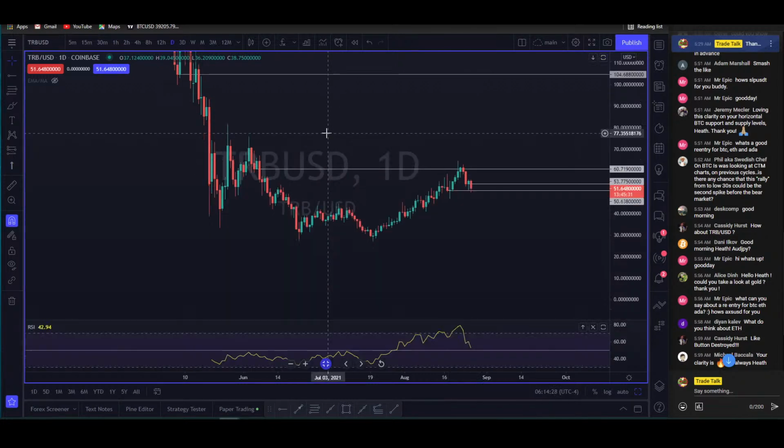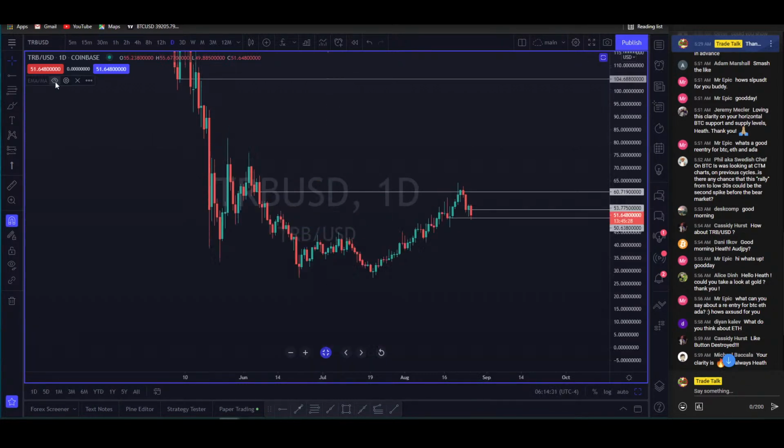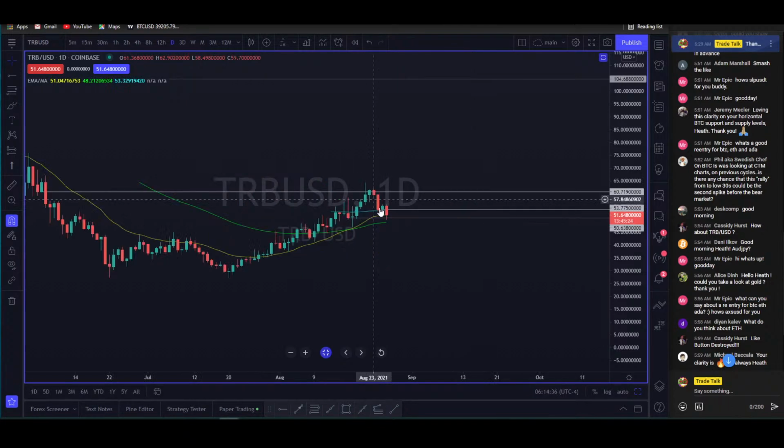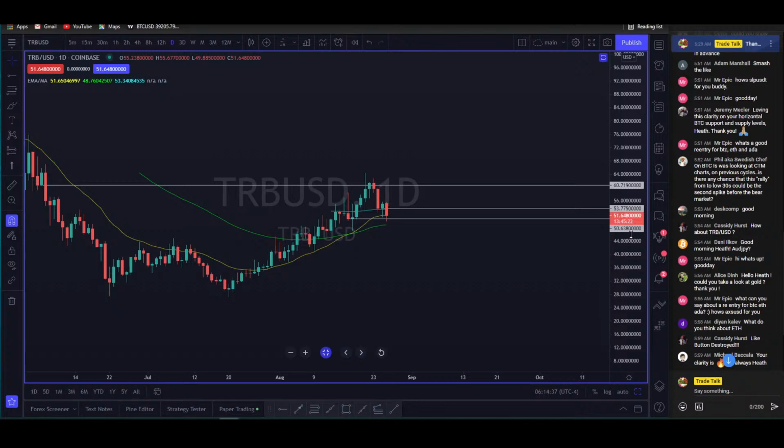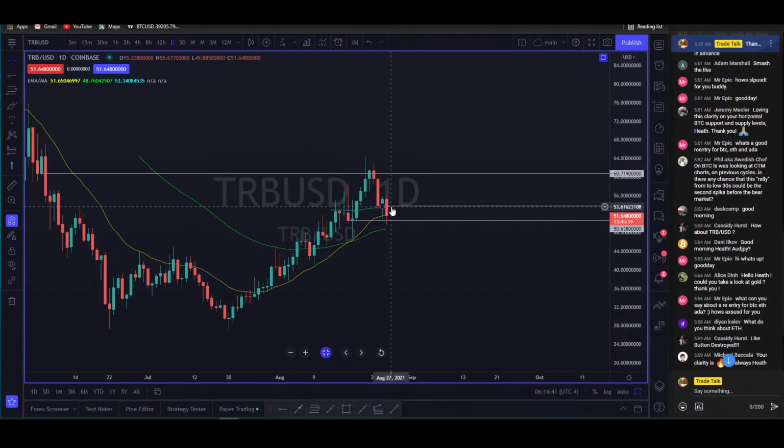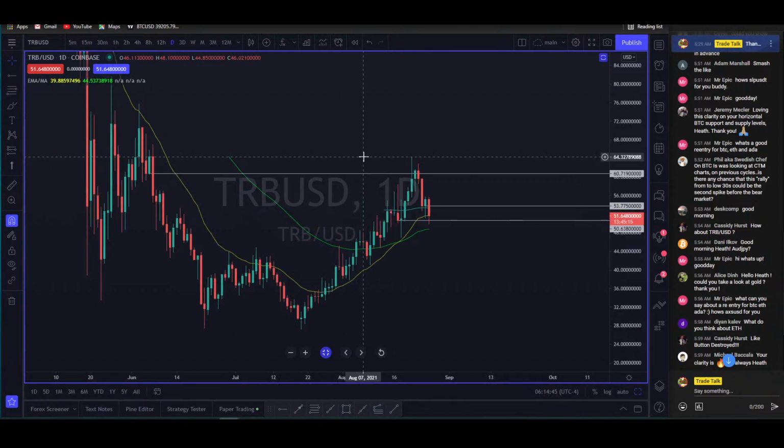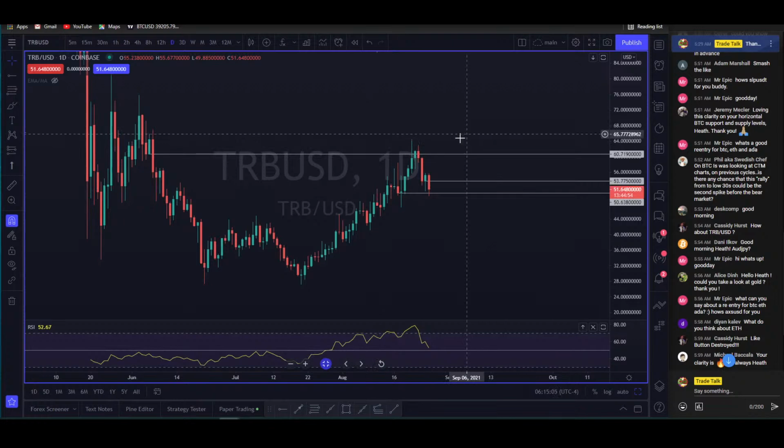If it holds, let's check out the RSI. You're above 50. That's bullish. And you closed above the moving averages yesterday, but you are testing the 21 and the 50 now. This doesn't have enough data to populate a 200, but if it did, it would be up here. So it doesn't look as bullish as other things with the moving averages. On other things, all the moving averages are under them, but this one not so much. So I'd just give it a minute and see if it finds support for the next couple days. If you lose that area, you're looking lower.